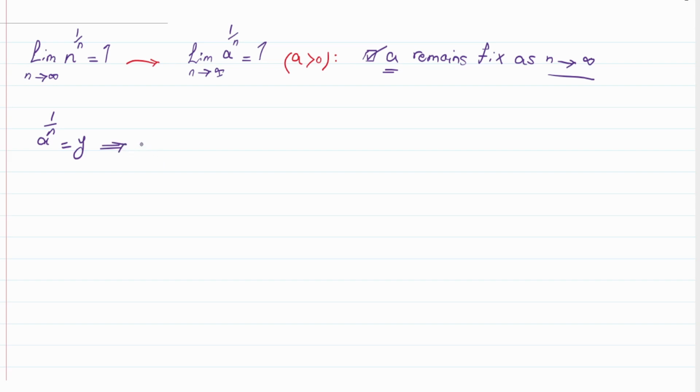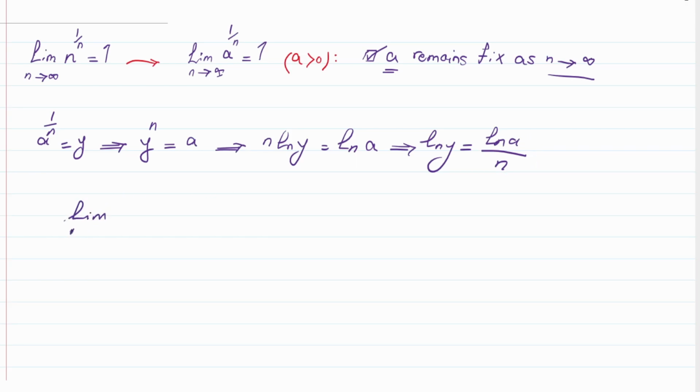We can rewrite this expression like y to the power of n equals a. If we take the natural log from both sides, n times ln y is equal to ln a, and we can write that ln y is equal to ln a divided by n. If we take the limit as n approaches infinity from both sides,